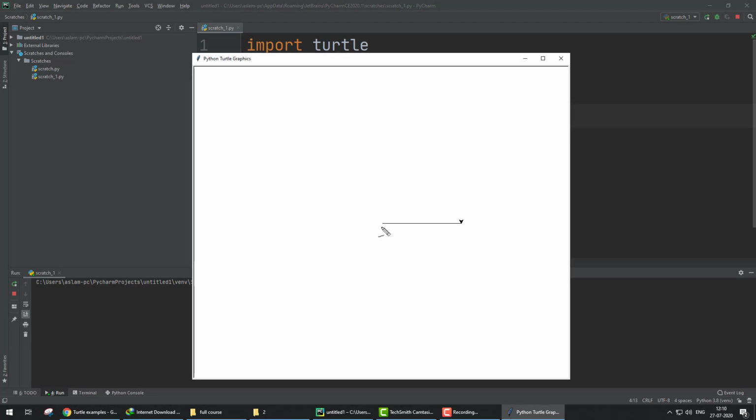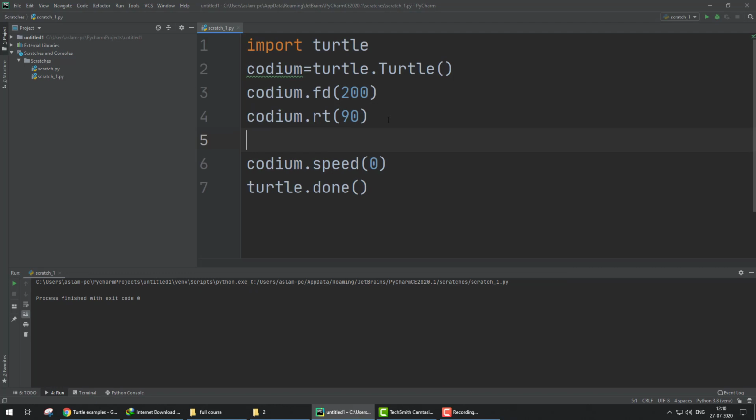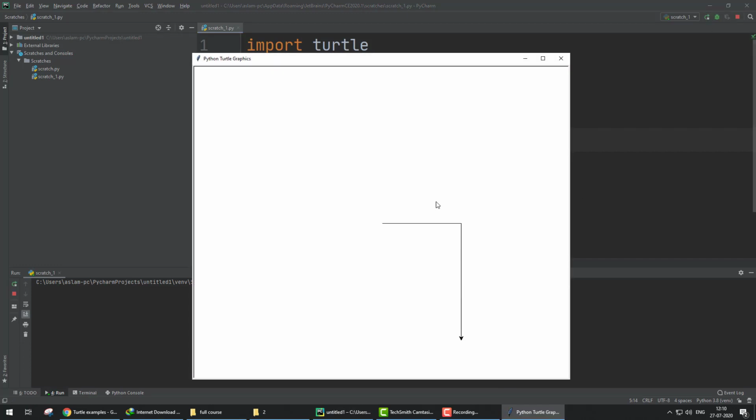You can check the cursor moved 200 pixels in this direction, then turned 90 degrees. Now again we type Codium dot FD and move 300 and run. Now you can check, this is the initial point and he goes this way, then right 90 degree angle and 300 pixels this way. So this is very basic turtle, how to move a turtle in a particular direction.